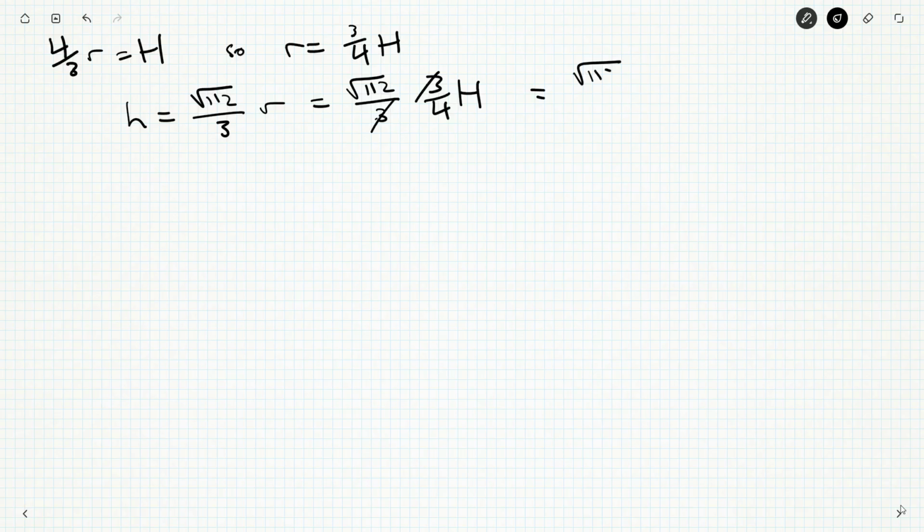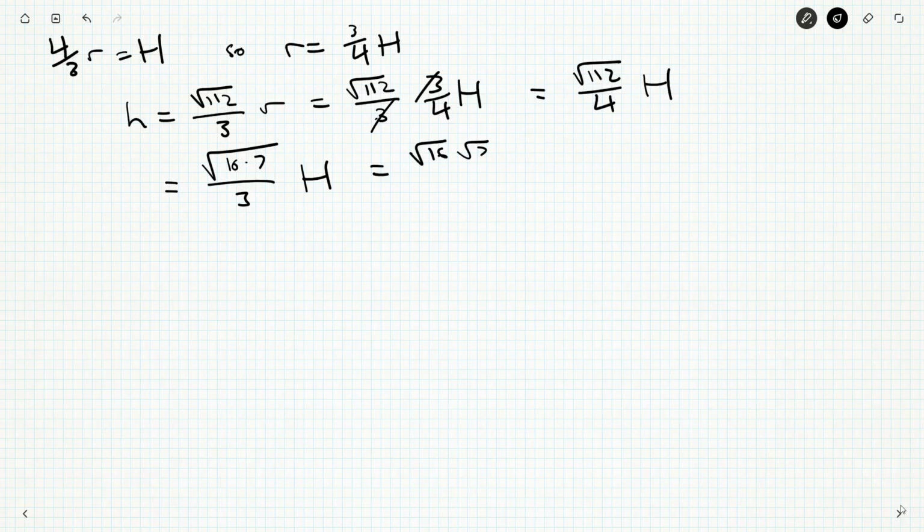And we're left with root 112 over 4 H. Now there's a factor of 4 up here, I think. So yeah, 112 divided by 4 is 28. Oh, so there's a factor of 16. So this is 16 times 7